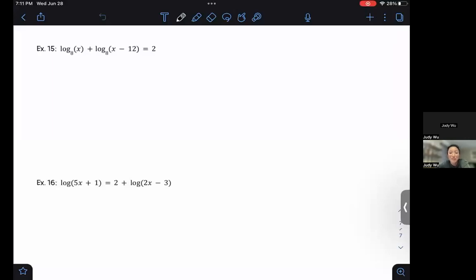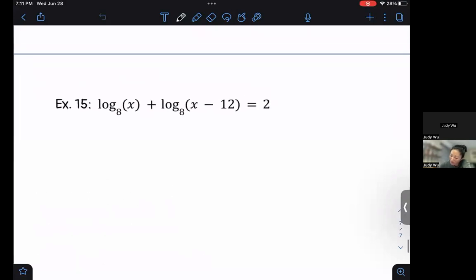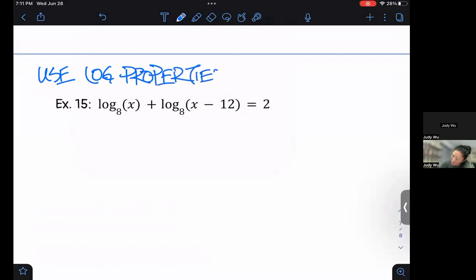Hi folks, welcome back to 4.6 part 5. And in this video, we're going to take a look at what it takes to solve log equations that use log properties. All right, so all the stuff that we learned from 4.5 is going to now be useful